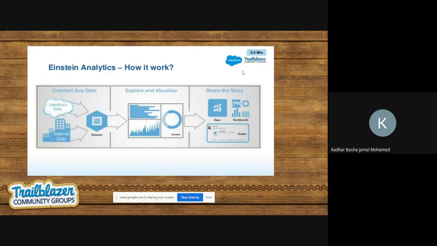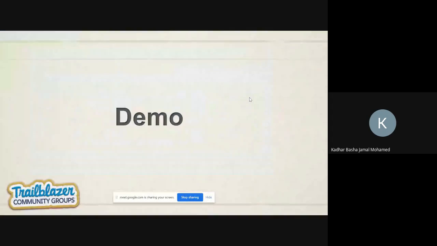In Einstein Analytics, we can connect any data, like external data. We can send API callouts and import external files like CSV and Excel files, and we obviously have Salesforce records like accounts, contacts, opportunities, leads, and cases. We have a lot of custom and standard objects. We can fetch those object records and create the data sets. Once we import these data sets into a lens, we create the lens. After that, we migrate this lens to a dashboard. After that, we can create the data story, and finally we can deploy to the end users. This is the working functionality.